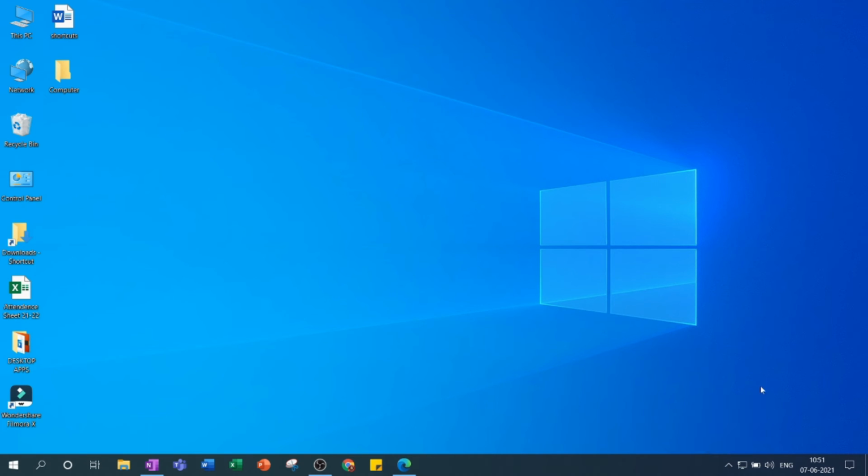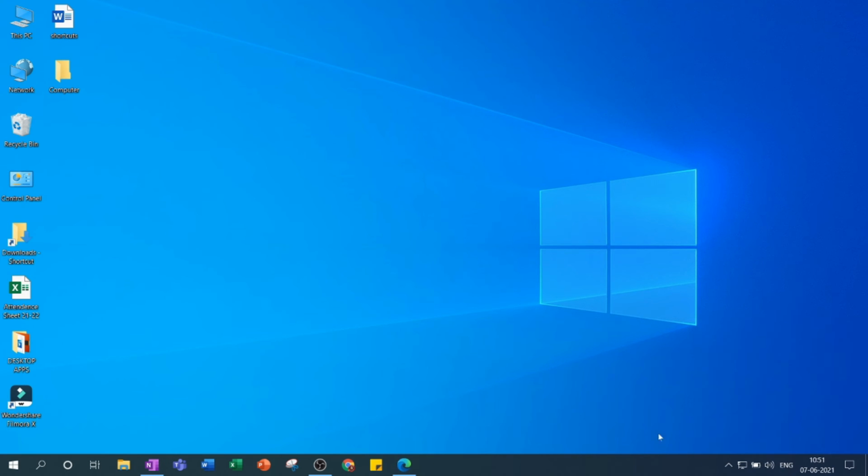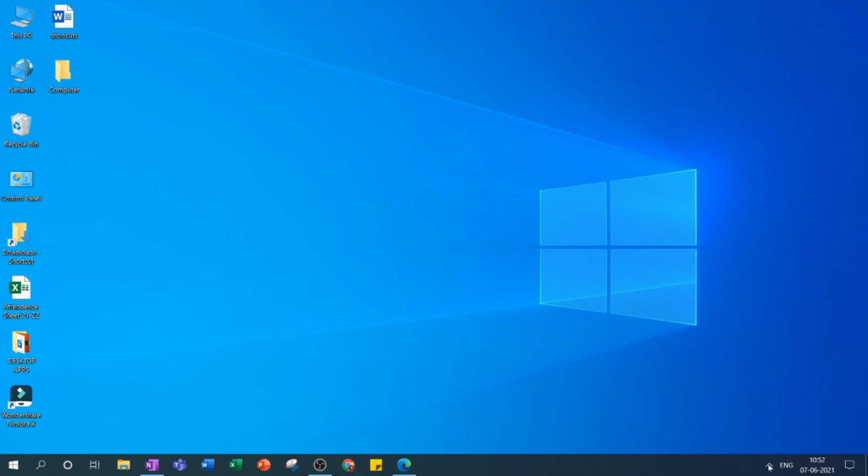If you want to show or hide a particular icon, suppose I don't want this icon, just go to this area and drag and drop the icons to this area and save your taskbar. See here, the various icons I have put in this area and they are now hidden. If later on you want the icons back, just single left click and drag the icon onto your taskbar. So in this way, by dragging and dropping, you can add or remove the icons from your taskbar according to your choice. So this is the taskbar settings.